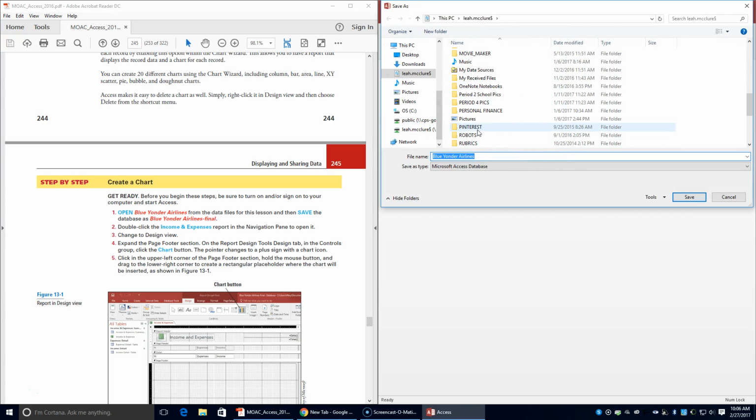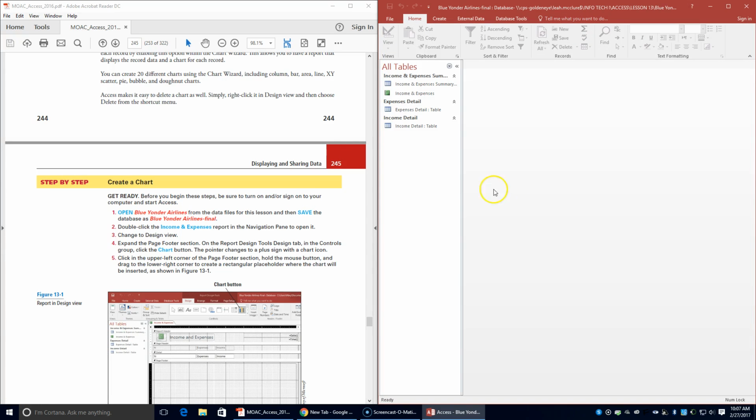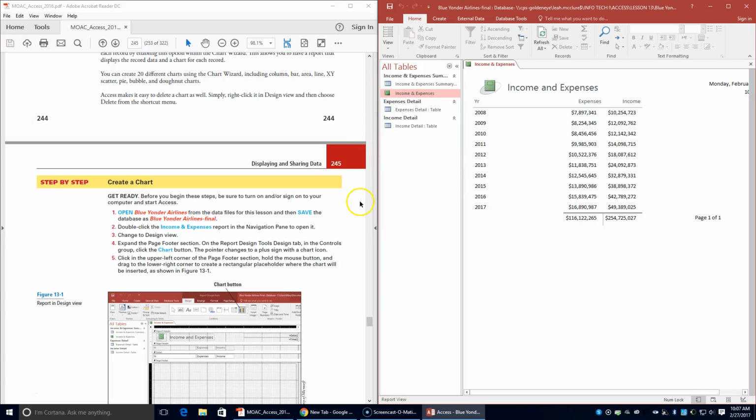go to Info Tech, Access, Lesson 13, Blue Yonder Airlines -Final. We'll hit Save, and it tells us to double click on Income and Expenses Report in the navigation pane to